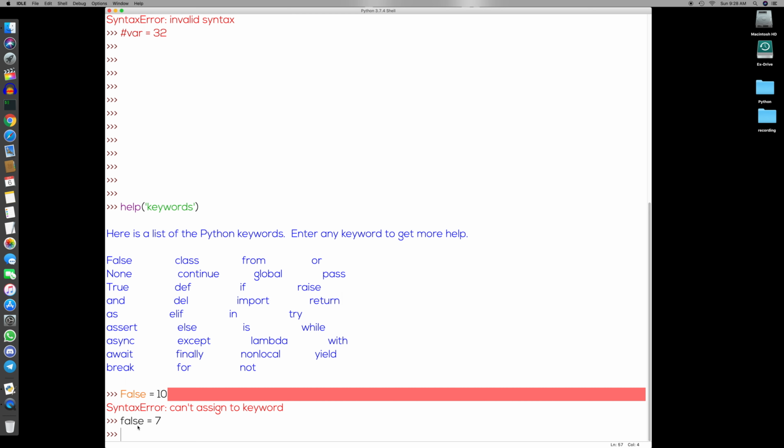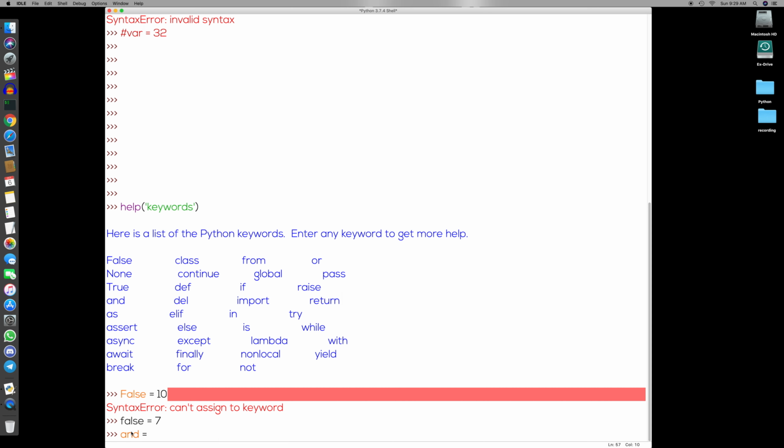We are not getting any syntax error because in Python, this false and this False are treated differently. This False is a keyword because it starts with a capital letter, and there is no keyword called false with a small letter. We have the keyword False starting with a capital letter. So here you can see we have capital and small letters with the same name. This is a keyword in Python.